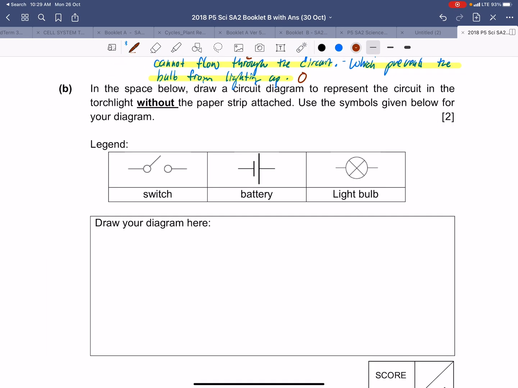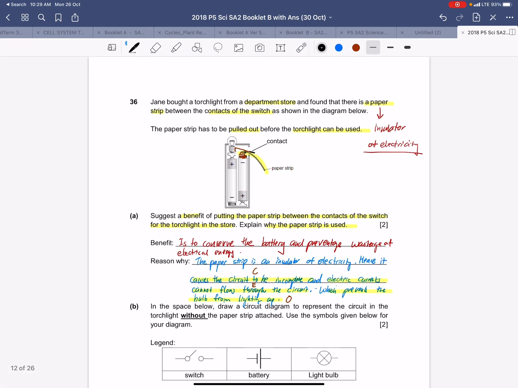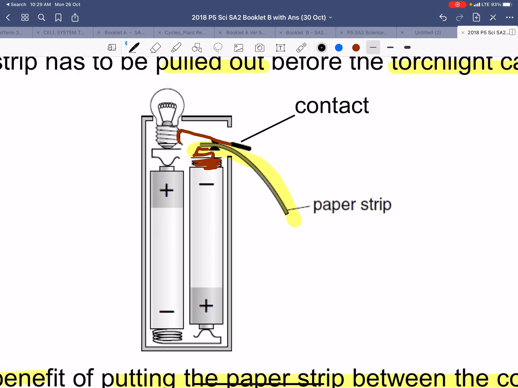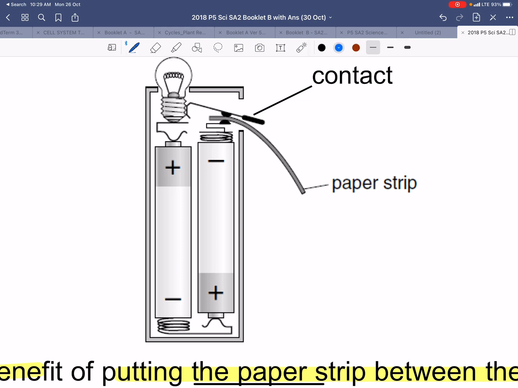First things first, please use a pencil. Next, whenever drawing lines, please use a ruler. Now, in this case, we have to figure out, is it parallel or is it series? So what you do is, you always trace. That's what I like to do. Remember I told you, we always go from positive to negative. That's how your current starts. So from here, it will go into my bulb, out, and go down,